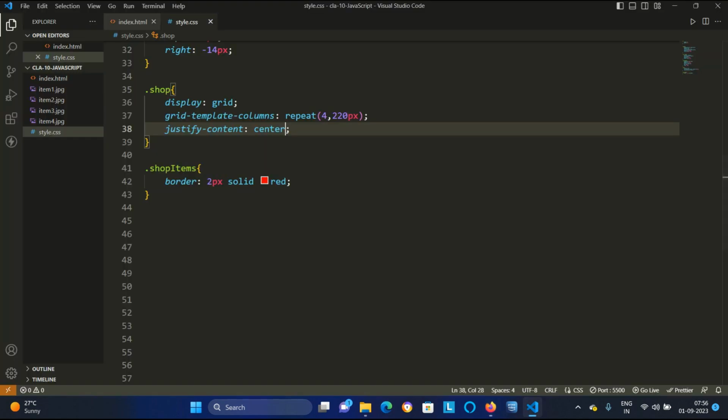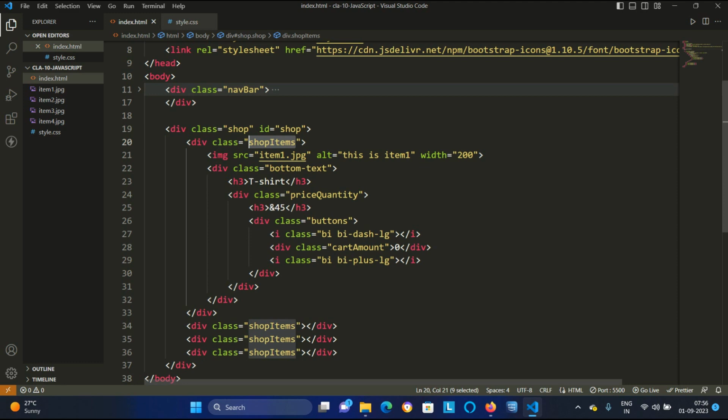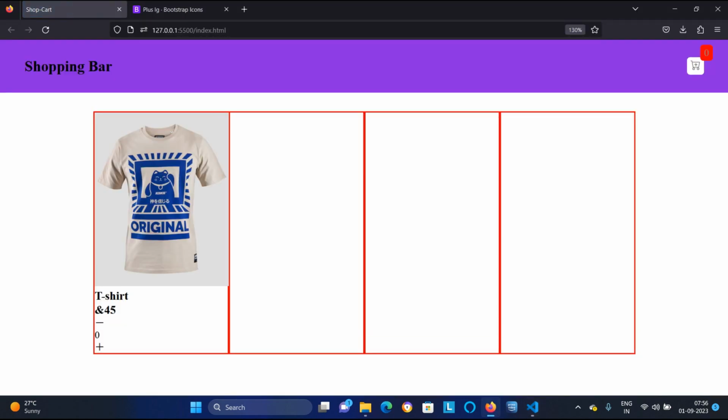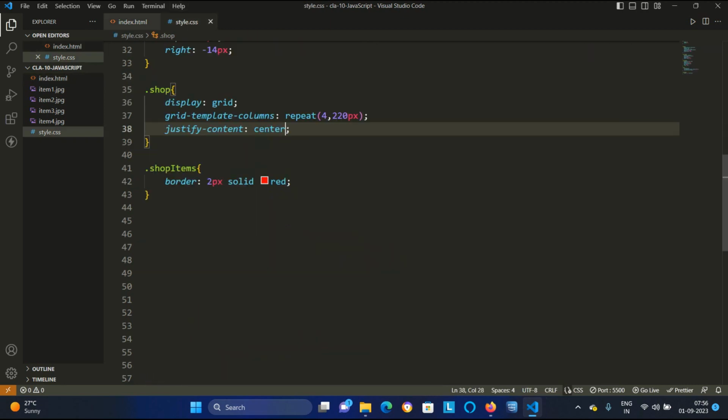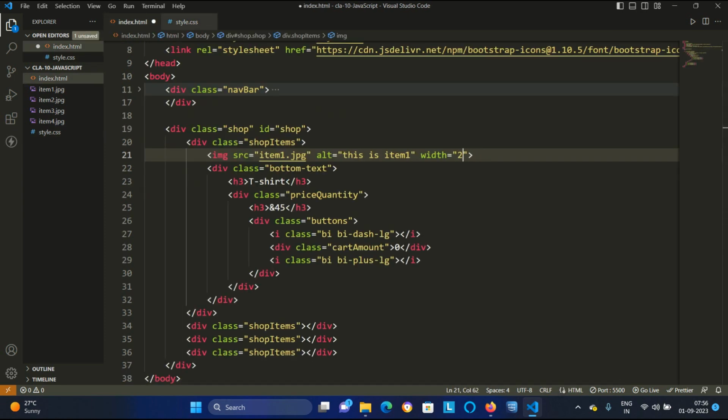Here if I change my width from 200 to 220, Ctrl S, go back. Look, earlier the image was small, now it is fixed. I think I should decrease it, because this is 220 pixel and the grid I have also taken as 220 pixel. So I will take this to 216 pixel.